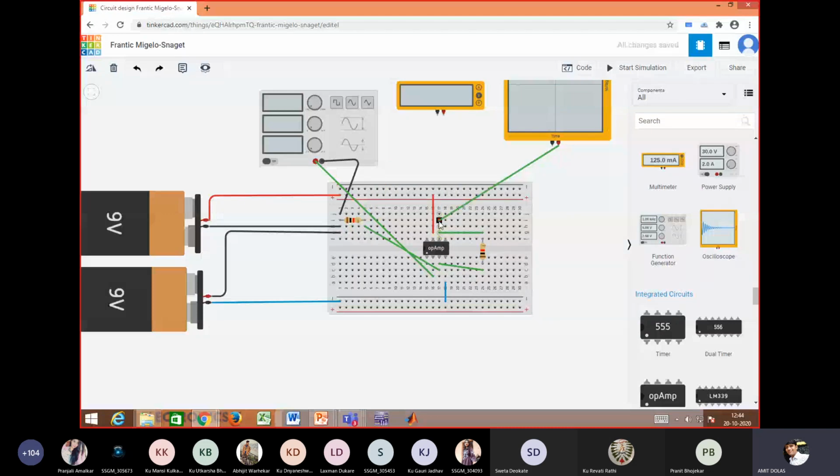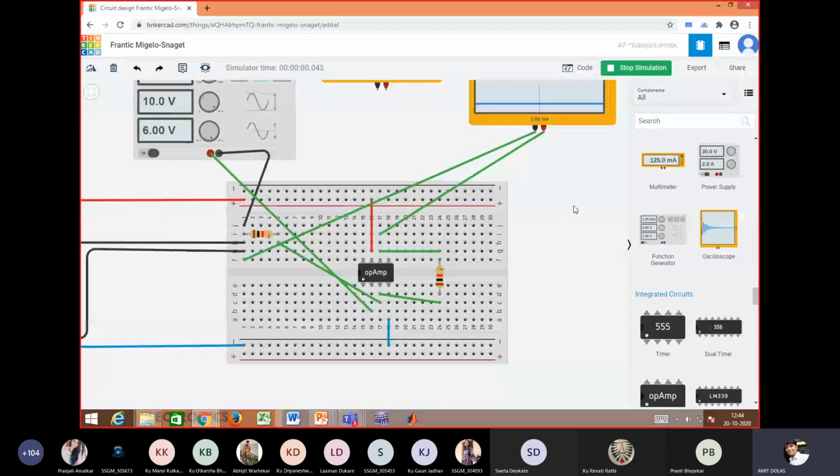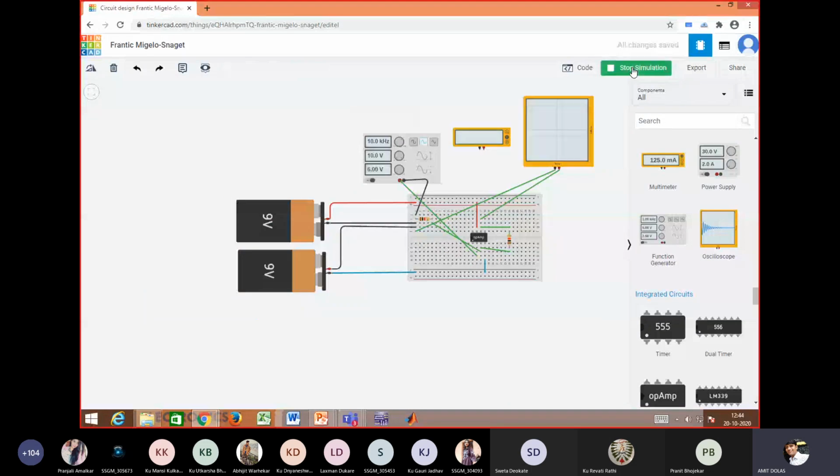Positive to the output and negative to the ground. Here we get a square wave, but it is not stable. Square wave is there, but it is not stable. Maybe there is a simulation problem.